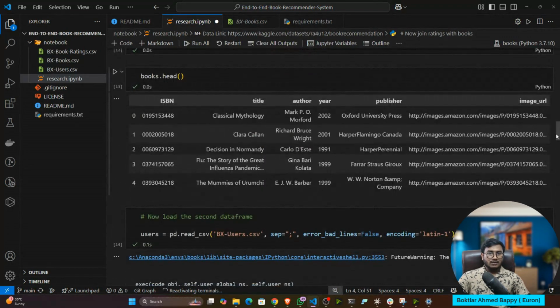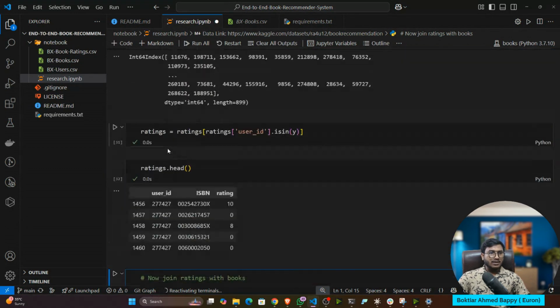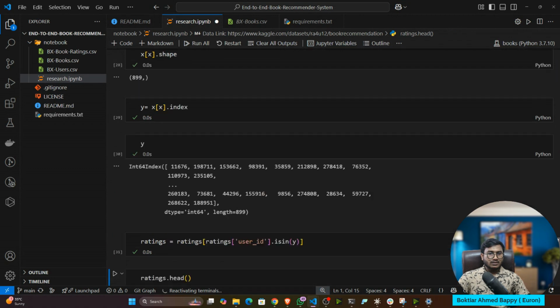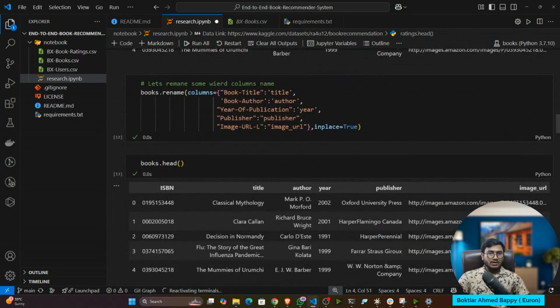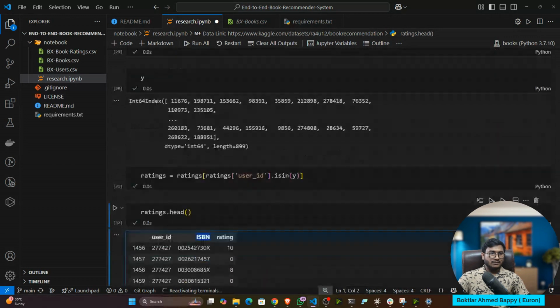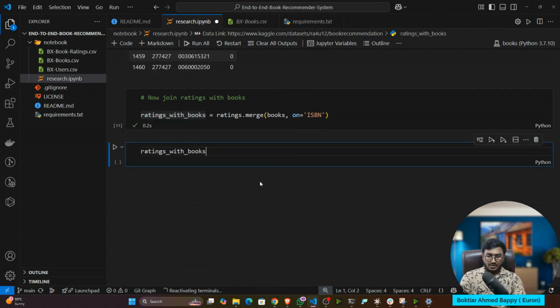We merge based on the ISBN number, because ratings and books both have an ISBN number. So we are merging these two data frames together and naming it ratings with books. Now if I show you, this got merged together.